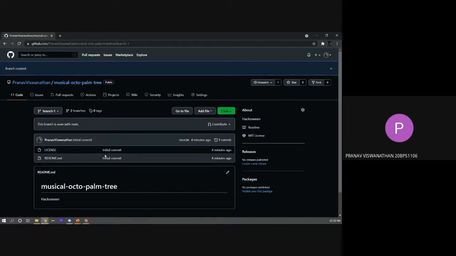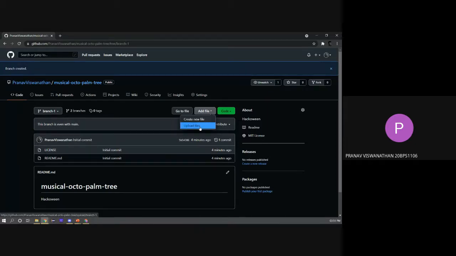I'm going to try adding a new file. To add a new file, you can either choose to upload files from your local computer, or you can just directly create a new file. I'm going to just create a simple file.